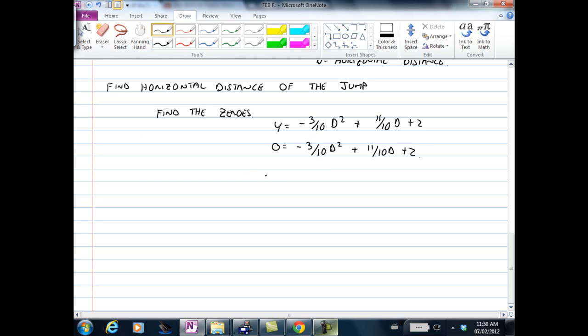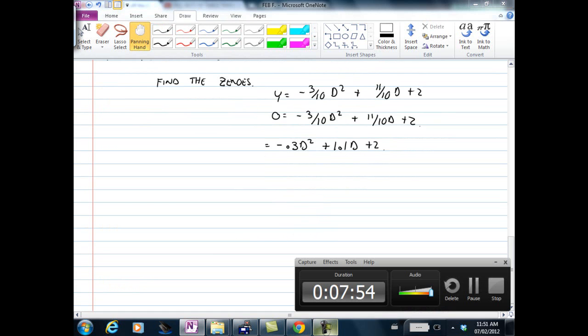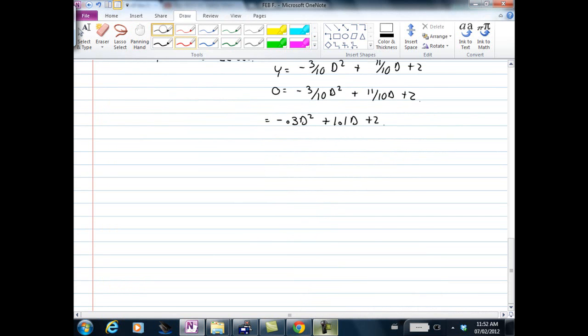And you have negative 0.3 d squared plus 1.1 d plus 2. Go ahead and do your thing. Many ways of solving this question. You can convert to use decimals if you want. I'm going to pause it. So I'm going to use the formula, and using the formula you get negative 1.1 plus minus